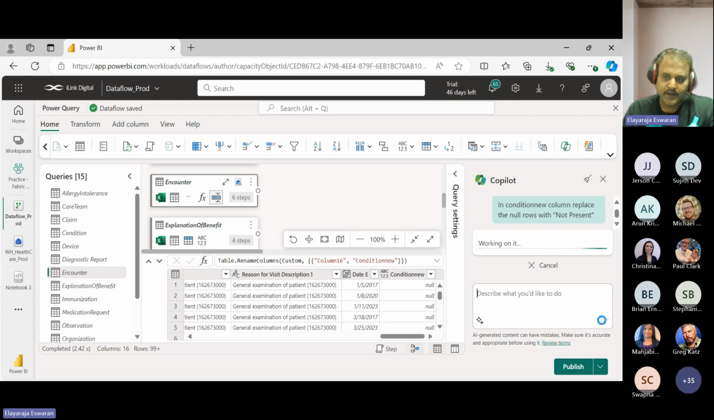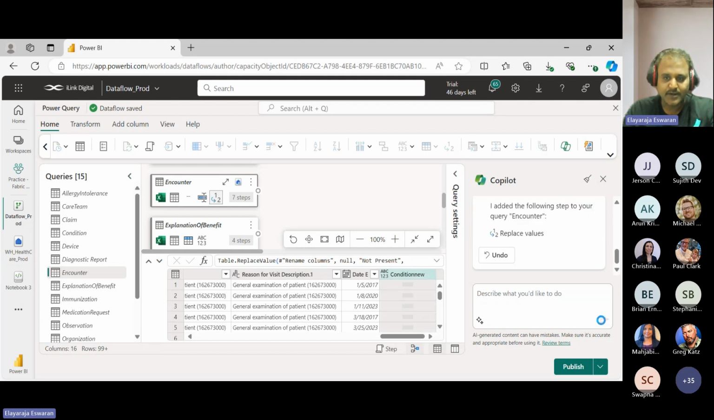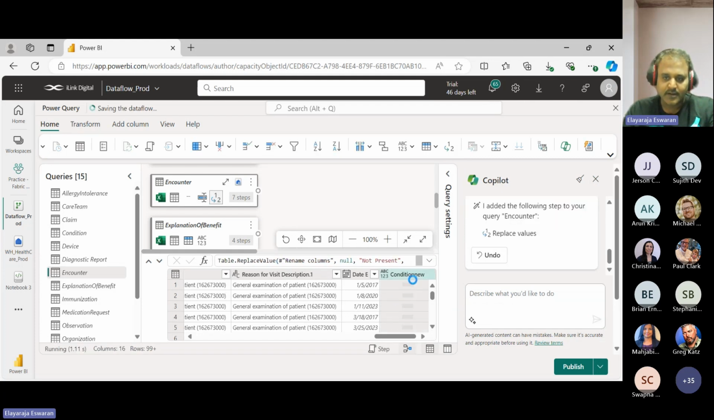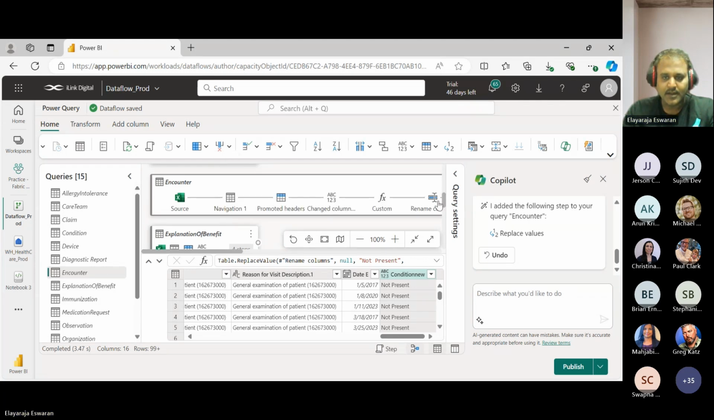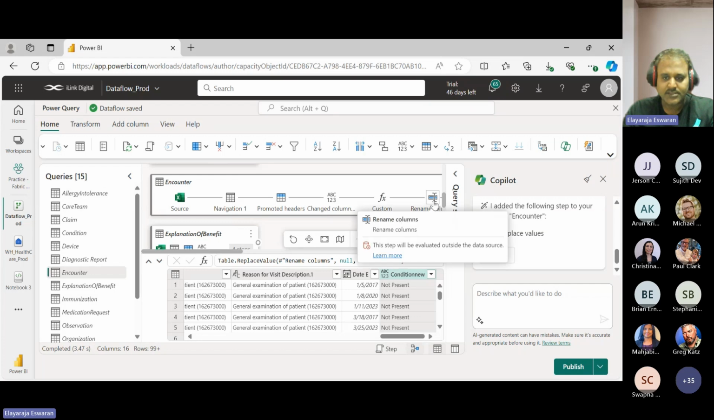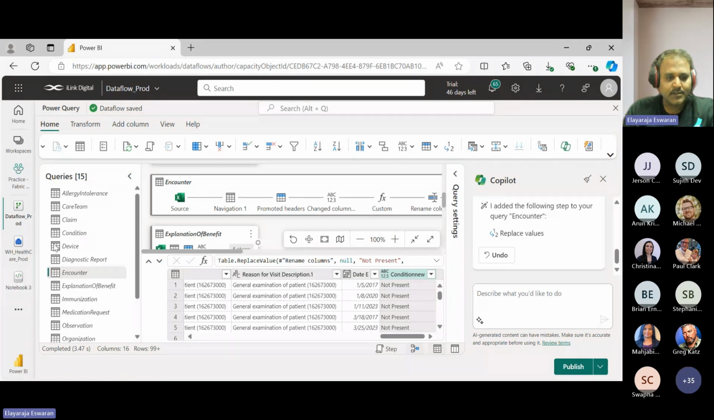It automatically converts this natural query into a proper update statement. And you can see in this particular column, it has replaced the condition new column with not present. This is a simple transformation. If you look at the same encounter table, there would be an additional step towards the last step, you will have this particular transformation. Okay, next let's try some